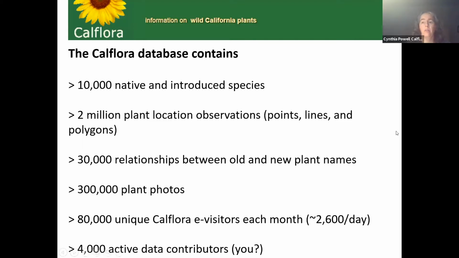I'm hoping that all of you will become active data contributors if you're not already, because CNPS chapters are really valuable sources of information for Calflora, whether that's a plant list, a checklist that you've seen in a specific open space or a specific area. And it's not just one point per species, but it's within this whole area. I have seen these 300 species or these 30 species. CNPS chapters have that information, and it is extremely valuable to get it into Calflora,